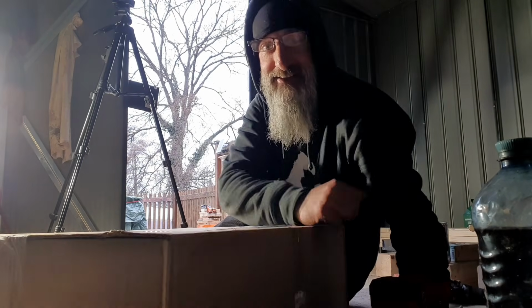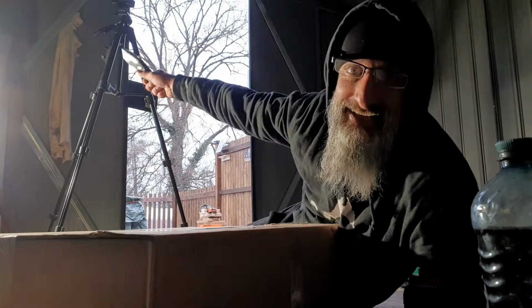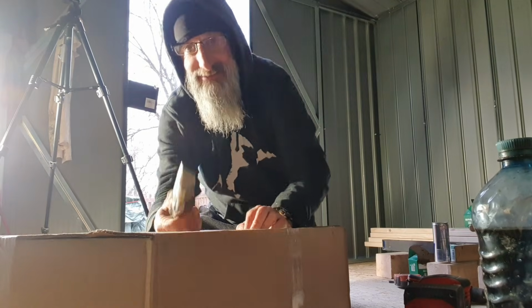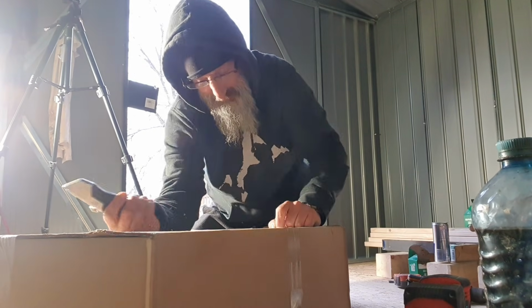Dobre utro. So yeah, today we got our Starlink. And I'm on the ground because my camera piece that holds the phone broke. So dobre utro. Let's see what we got. Hey, I think I gotta get a better position with this thing to open this. Anyways, it came all the way from